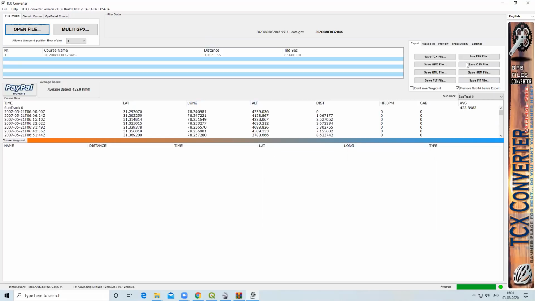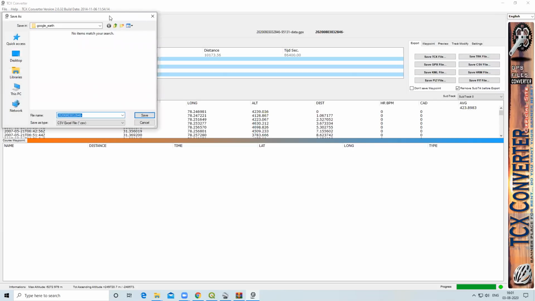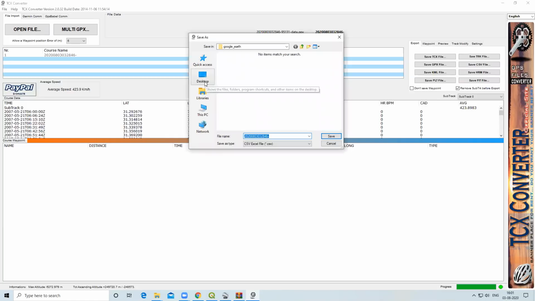For that we'll save this in CSV file format. So in export there is an option, CSV file format. I will click on CSV file format. I will save it in our folder, desktop, Google Earth. I will save it as TCX data.